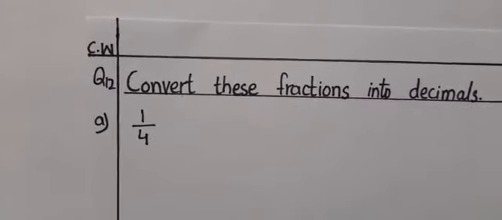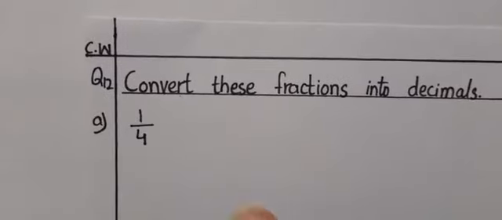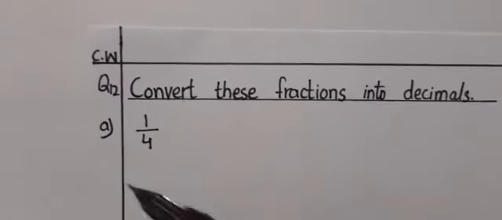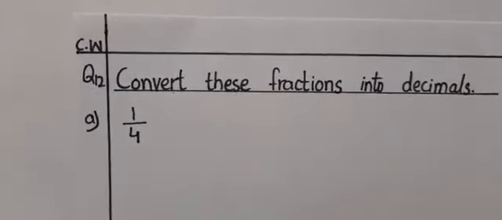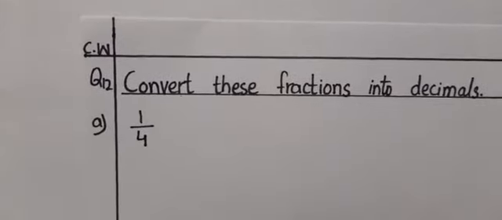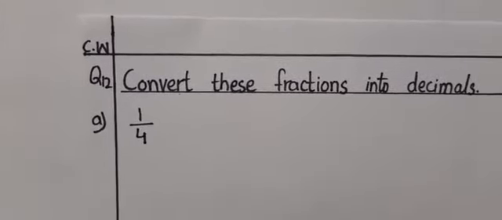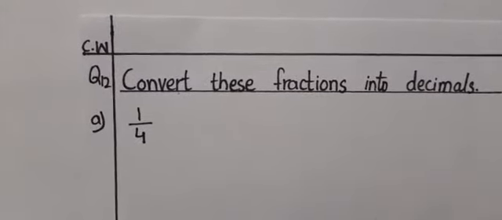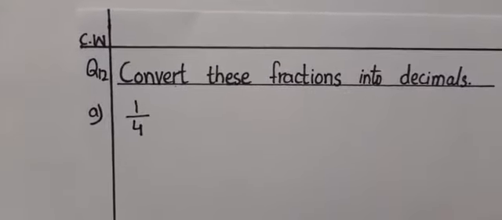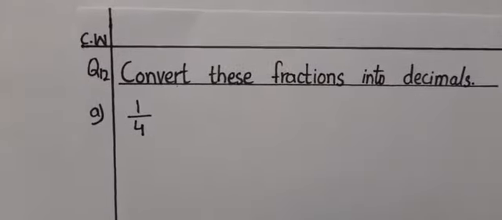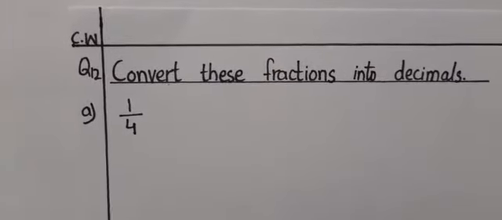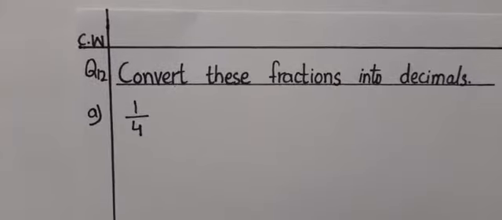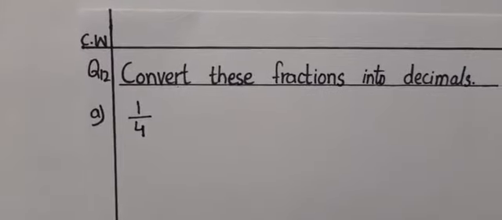Okay, after 8 it is 12. So does 100 come in the table of 4? Yes. As 4 tens are 40, 4 twenties are 80 and 4 twenty-fives are 100. And you can also say that if I give you 100 rupees and ask you to divide it among 4 friends equally, you will give all of them 25 rupees.